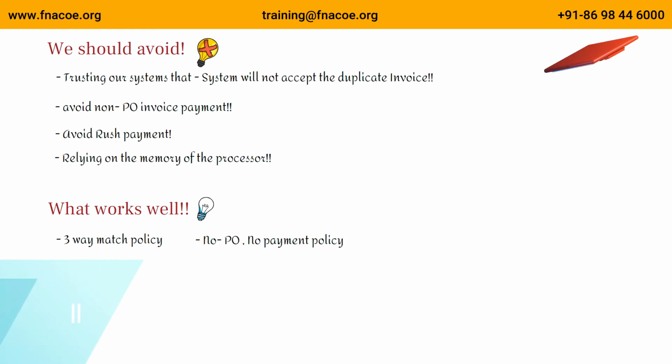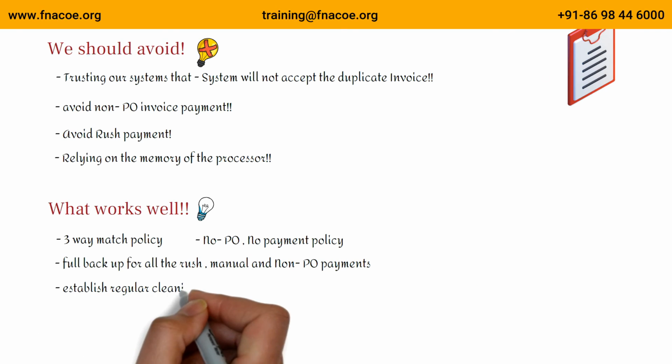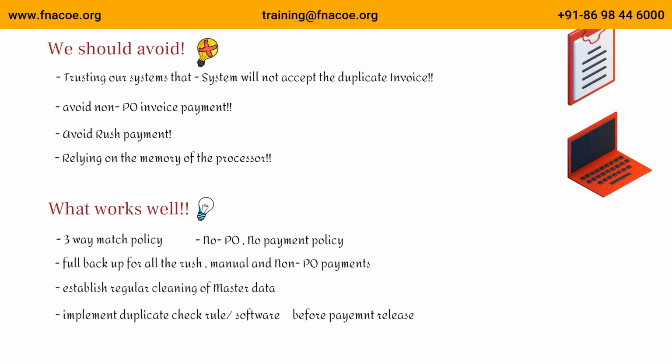So what works well? Three-way match. No PO, no payment policy. The three-way match is a strong control feature used at most corporations. If the PO, receiving document, and approved invoice match, the item is scheduled for payment. If there are discrepancies, they should be investigated by the party in the best position to resolve them. Ensure your organization is adhering to a policy of no payment to a supplier without a PO, that's a purchase order. Best-in-class AP processes also create a PO for utility payments and other contractual works.